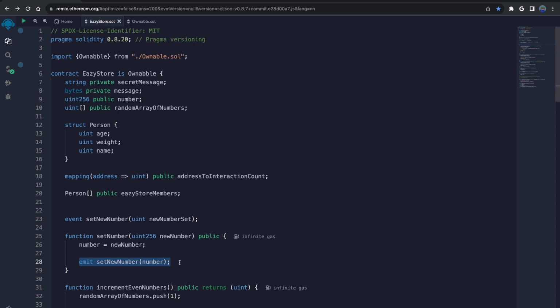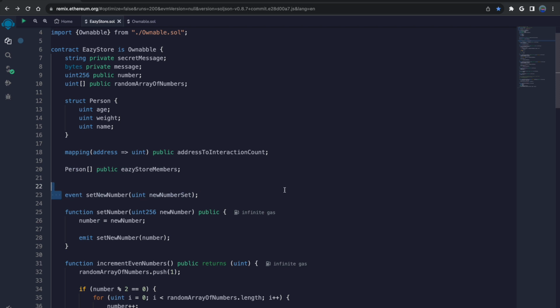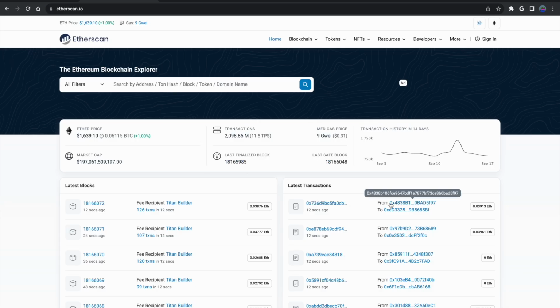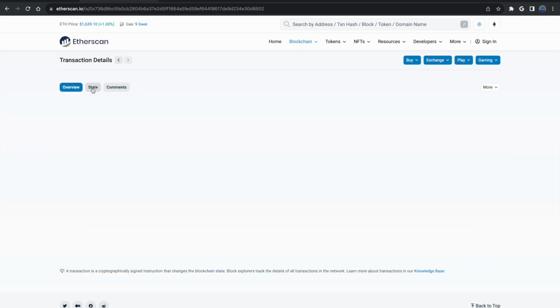As a front-end developer, I may want to show whenever a user has performed some action within my smart contract. And what we can do is grab this event from the blockchain logs and emit that within our front end. So how you create an event is before you even start creating your functions, you create the outline of it, and then when you invoke that event, you just call it like you would a function. And if we go on chain and look at Etherscan, I wonder if we can just take a look at what an event may look like.